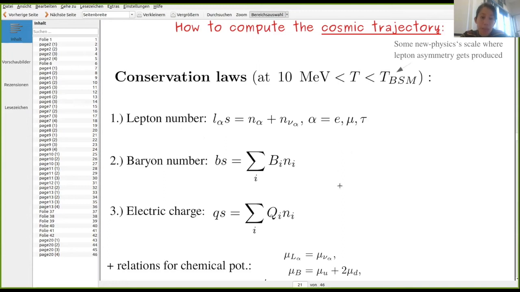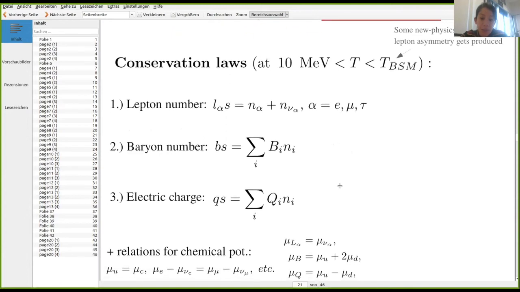Each of the conserved charges can be associated with a chemical potential. So we also have 5 chemical potentials: the baryon chemical potential, the charge chemical potential, and the leptochemical potentials. And on the right-hand side here, we have a sum over all the contributing particle species. So for example, for the baryon number, you sum up all particles that are around at that epoch carrying a baryon number of B1 here. And then by assuming chemical equilibrium, you have relations between the chemical potentials of the individual particle species. And most importantly, you can relate those individual chemical potentials to the chemical potentials of the conserved charges by these